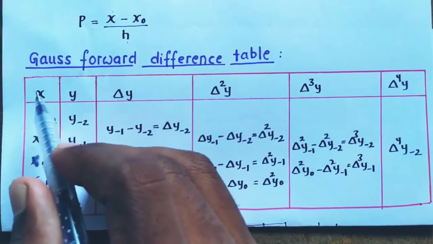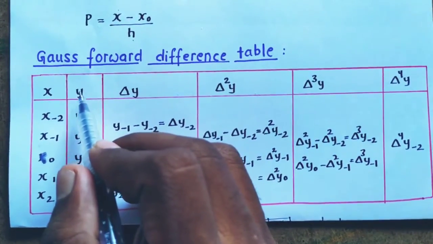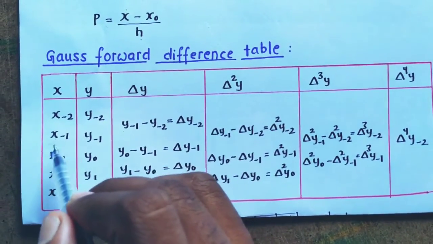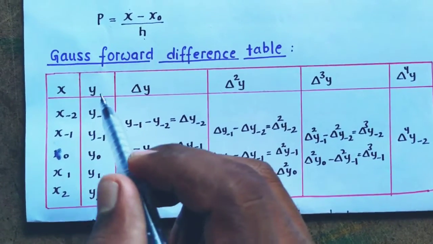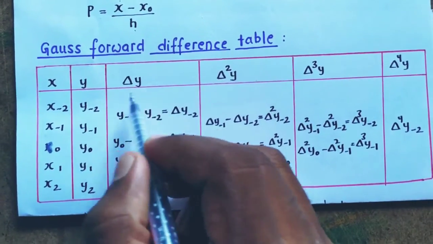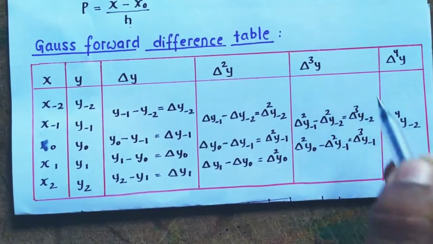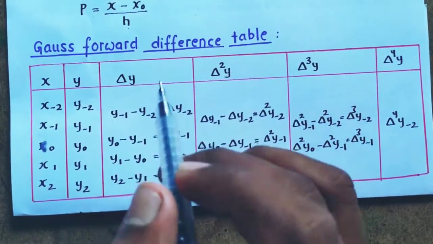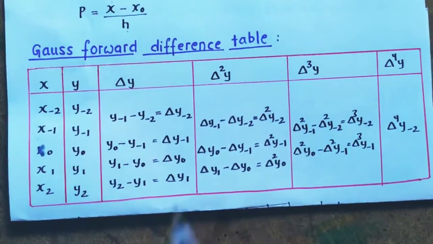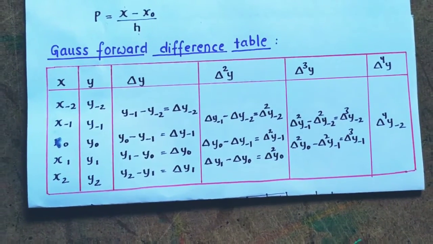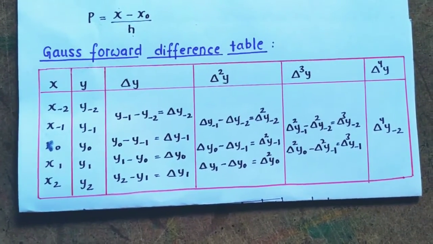In the previous methods, the values of x and y are given, and we directly take the starting value as x0, then x1, x2 and so on, and the y values are the same. Here, for finding delta y naught, the Gauss forward difference table is completely different, and choosing the values of x0 and x1 is completely different. Let's see a small example of how to find the values of x0 and x1.